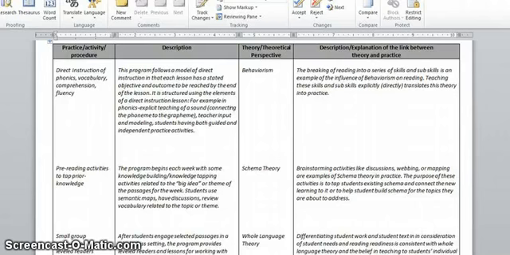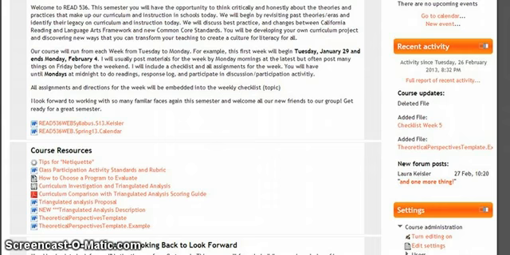All right, welcome back for part two of our discussion of the curriculum comparison with triangulated analysis assignment. So we just went over the example for schema theory. So now I would have two examples already pulled out of practices, activities, or procedures, and the theoretical perspectives that I think influenced those. So I'm going to go back to my program